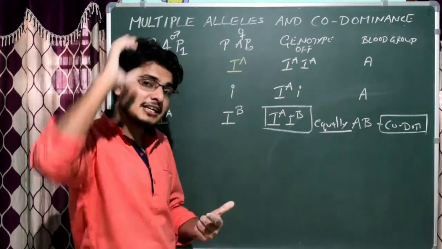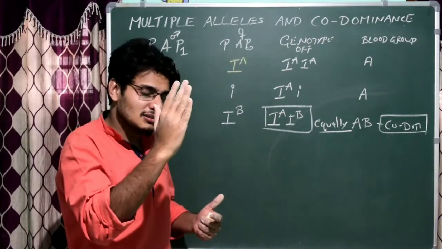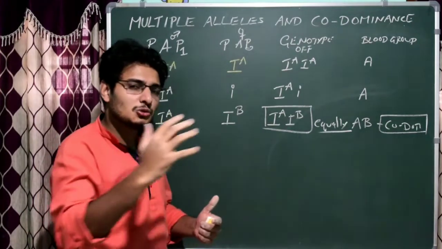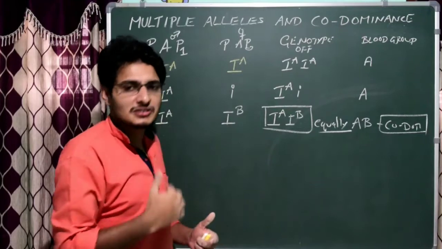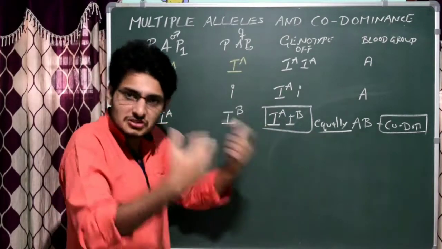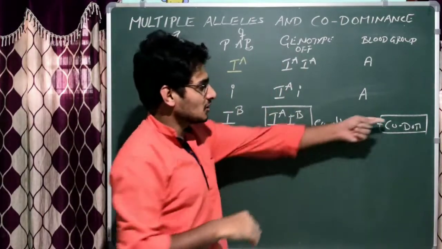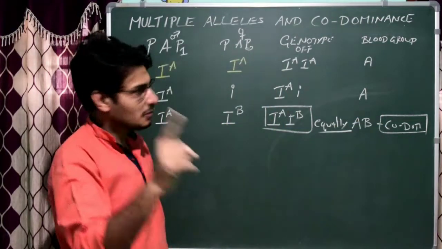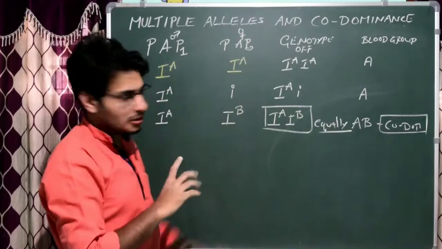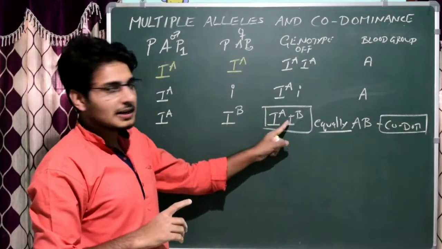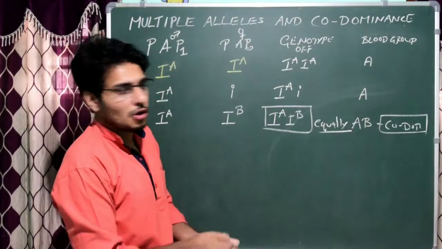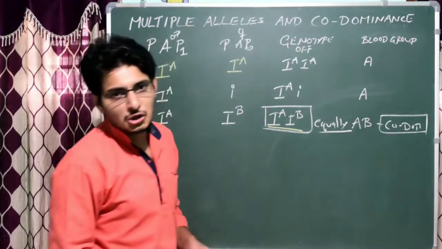In incomplete dominance, the dominant gene fails to dominate completely over the recessive gene. That's it. Here both express equally. As a result we get a blood group which is AB, a good example of codominance. Please remember this. I will not explain much about codominance, only this is to remember. You may get a question like, what is the genotype of codominance? IA-IB is the genotype of codominance.